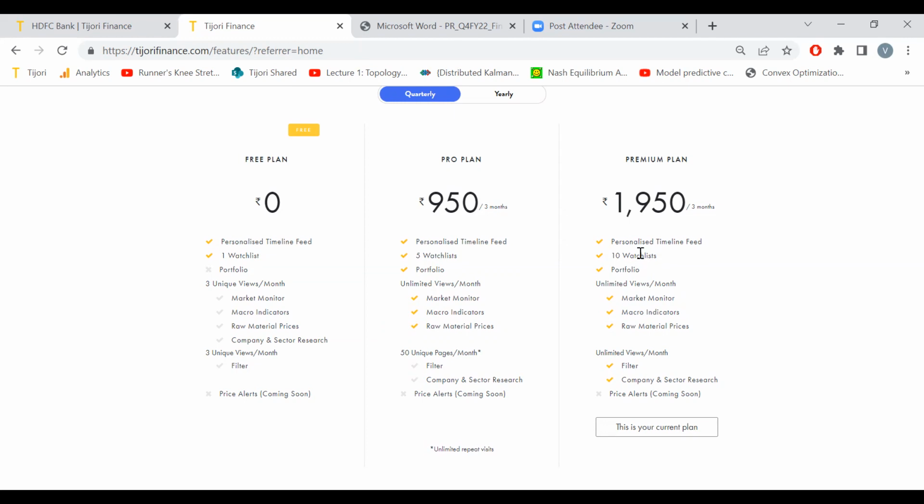And of course, here 5 watch lists, 10 watch lists. You can upload 10 portfolios into Tijori, and we'll give you a consolidated view. For that, there might be some differentiation later, but honestly, these things we think of last. There will be some difference, but what they are, I can't tell you in portfolio. As of now, the difference is in the watch list, how many times you can go to the filter, and how many times you can go to the company page.